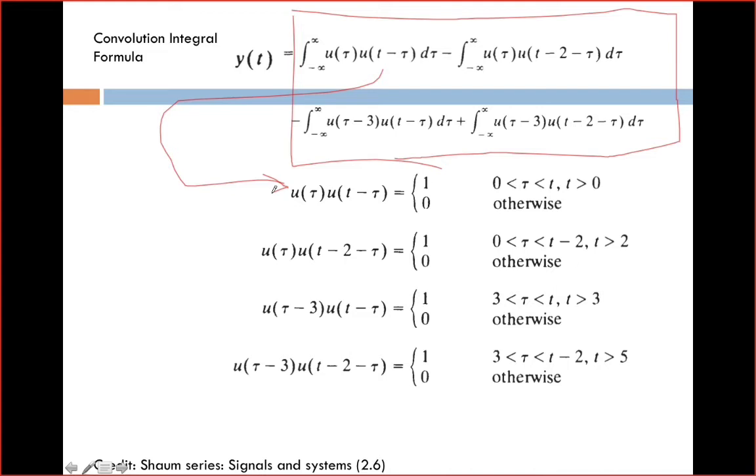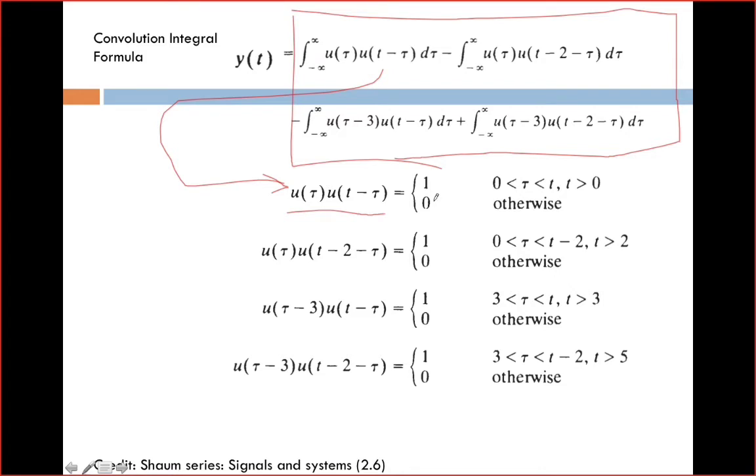Here you must be very careful. So I am going to give some limits and how to place the step signal, and you must be very careful what I am telling, otherwise it's very difficult to understand. So I'll start only one thing, and the rest of them we will do later, maybe next class. Now first we are going to take u of tau and u of t